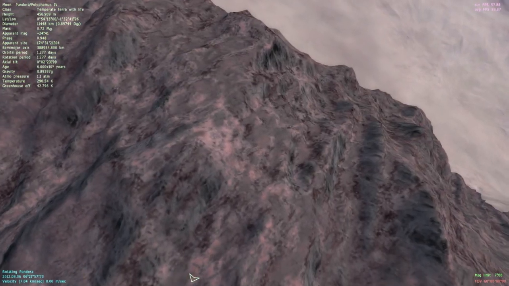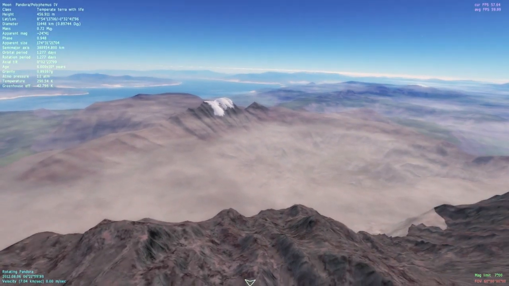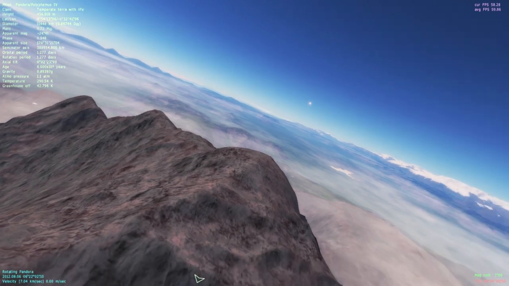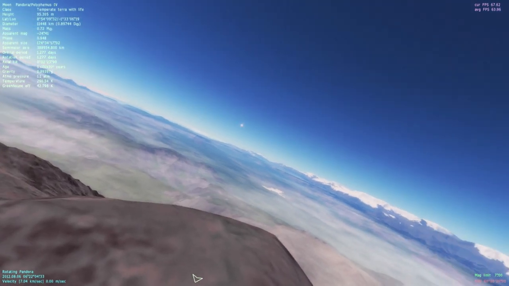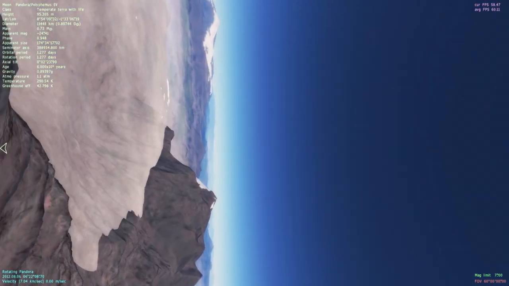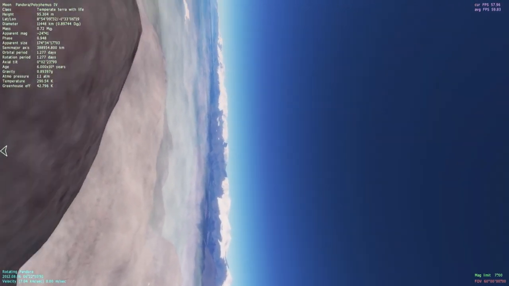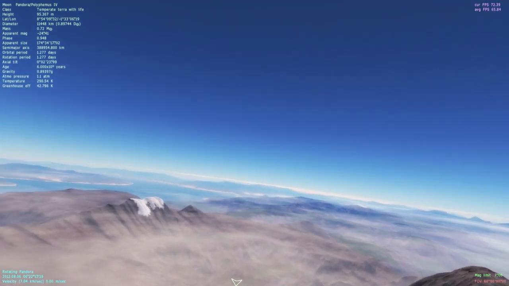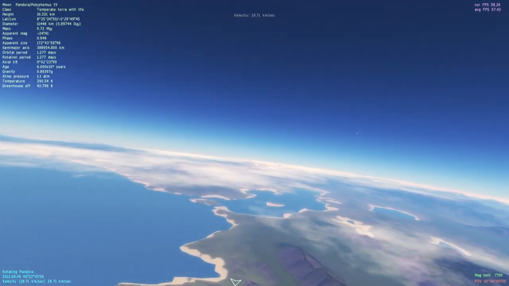Oh, was that a road? I think that was just a seam in the rendering. Let's just have a little sit down on this giant mountain. Is the planet up in the sky? Oh god, getting dizzy. Huh, I want to get to a place where you can actually see the planet,